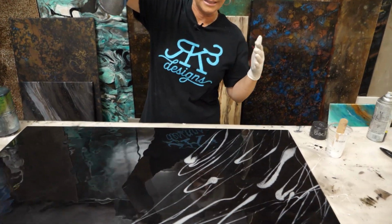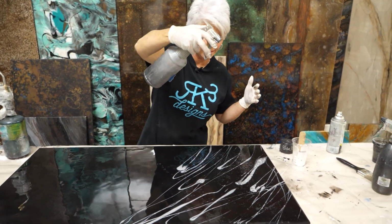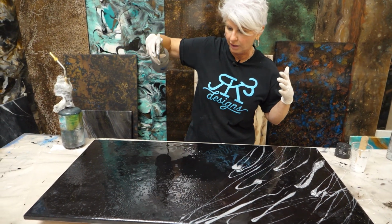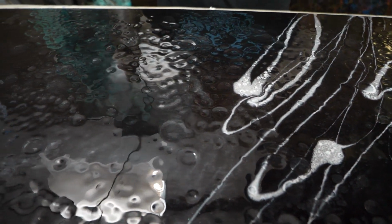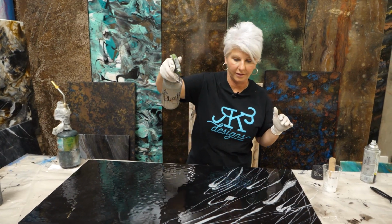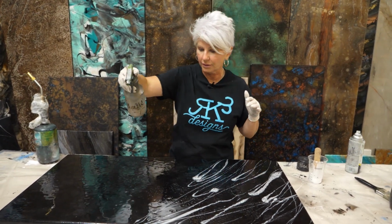All right, I'm coming up nice and high, and I'm barely squeezing the trigger. I'm not squeezing the trigger hard at all. I don't want a lot of alcohol on this finish. Now that's about all of the colored mica that I want. Now I'm gonna come in with just clear alcohol, do the same thing. Lightly mist. Again, I don't want too much alcohol